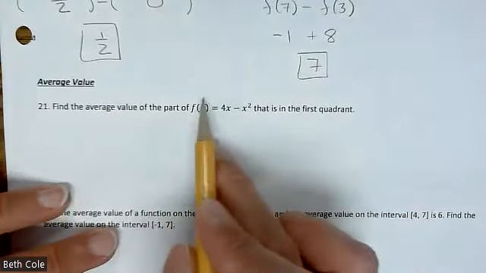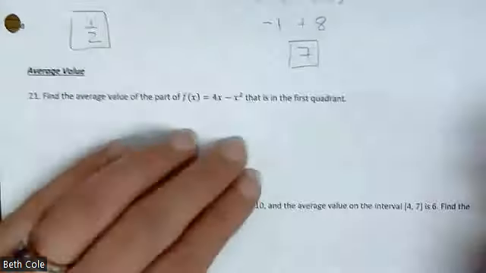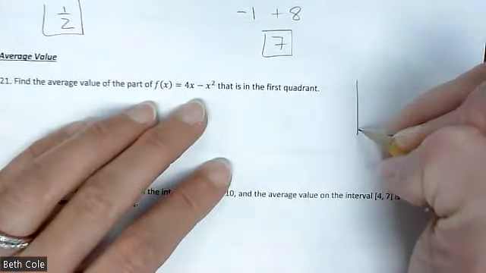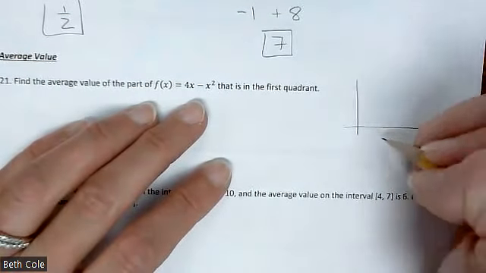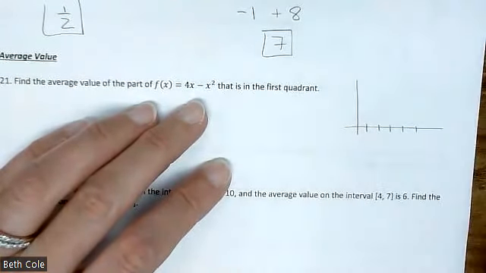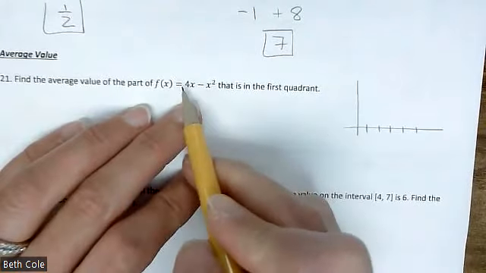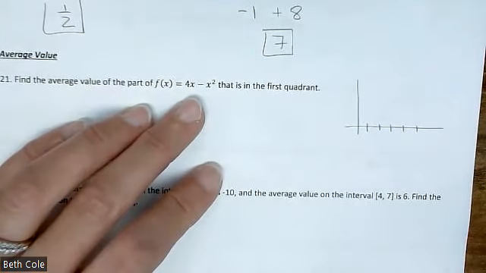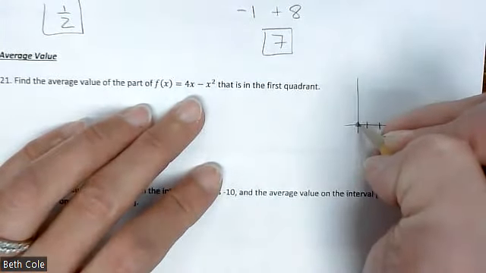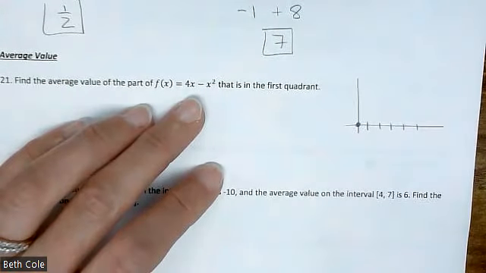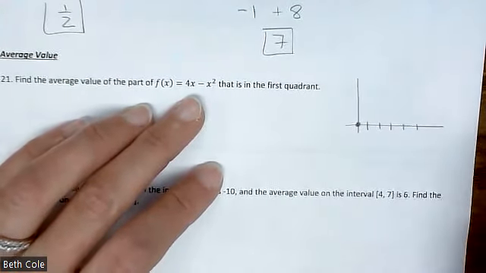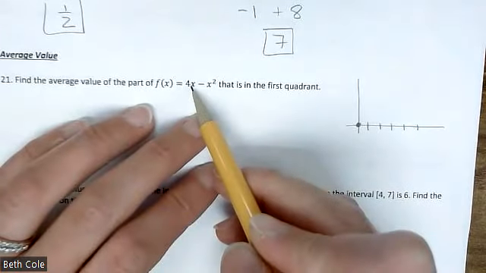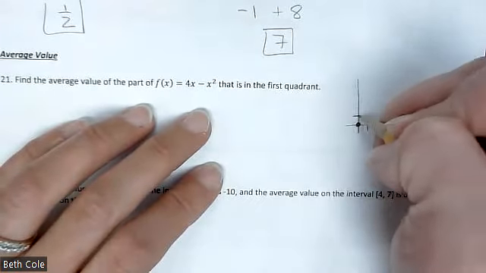Now it says find the average value for this function that's in the first quadrant. In order to get your boundaries, you have to know what that looks like. So we're going to have to graph it. We'll do this pretty quick though. If you plug in 0 to this, what do you get? 0. Good. The origin. You have to see how far it goes though. They don't tell you. If you plug in 1, you would get